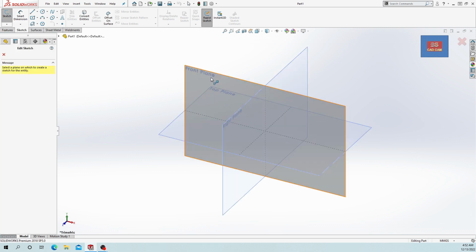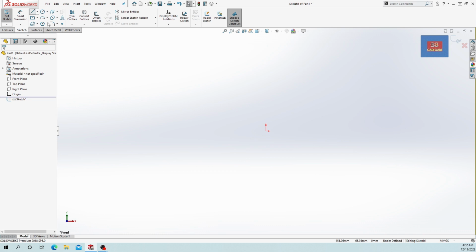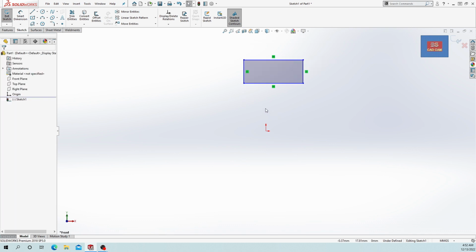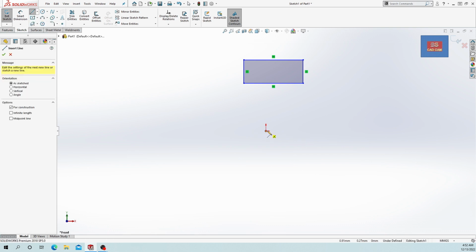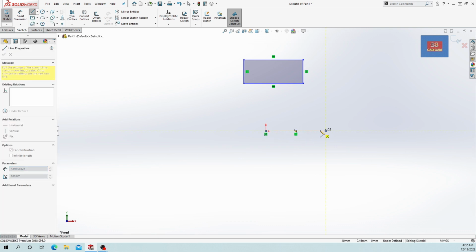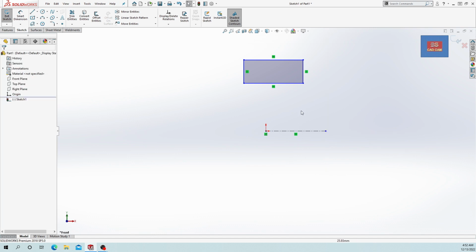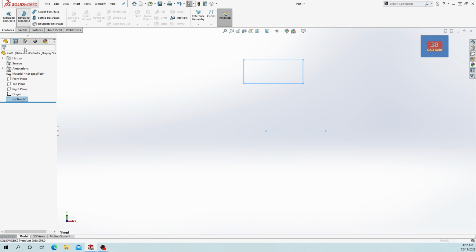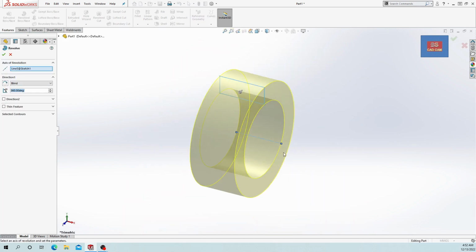First we make a sketch on any plane. You can just select the plane and create a sketch which you want to revolve. Okay, we just create a single box, and in this we require a center line. You can make a center line or an axis for the revolve, by the reference of this line. Okay, now exit the sketch, go to the feature and revolve, and it automatically detects the center